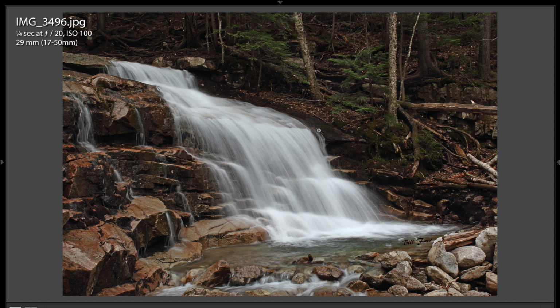This first one, the waterfall, I really like the angle you took on it. You have some nice rocks in the foreground here, some moving water. This was a quarter of a second at f/20, ISO 100. I'm sure you stopped it down that far to get the longer shutter speed so you could get this silky look of the water. One thing about this, it looks like it was probably an overcast day, and what I